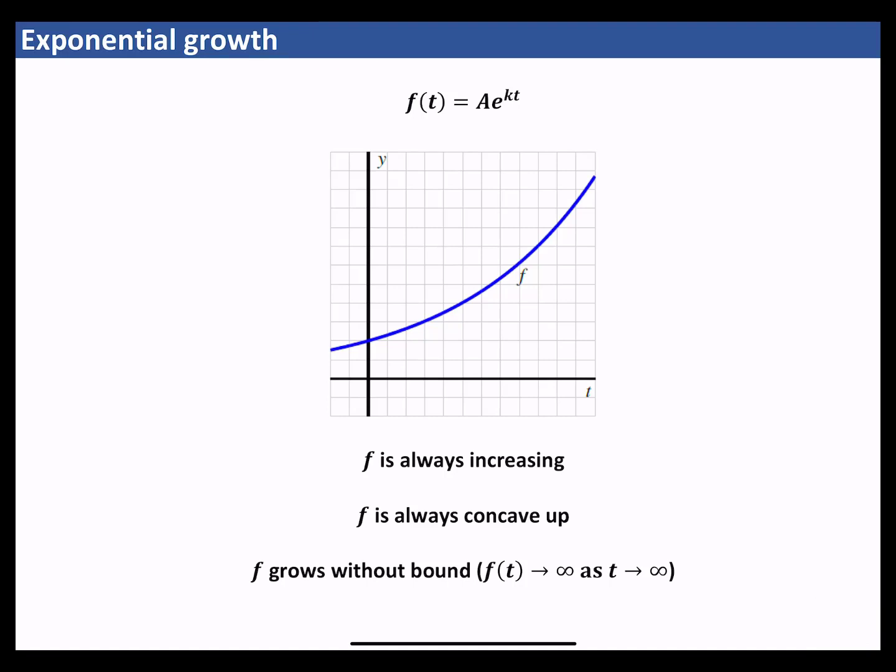In our studies of exponential functions, we have seen that if we assume that a population grows at a rate that is proportionate to the size of the population, it follows that the population grows exponentially according to the model f(t) = ae^(kt), where a is the initial population and k is tied to the rate at which the population grows. Since k is positive, we know that e^(kt) is an always increasing, always concave up function